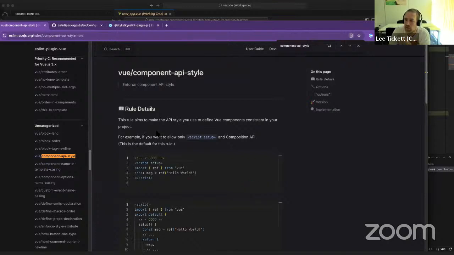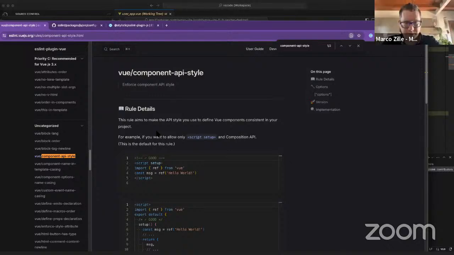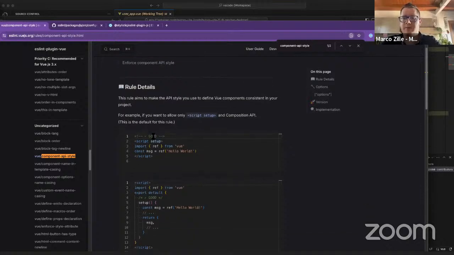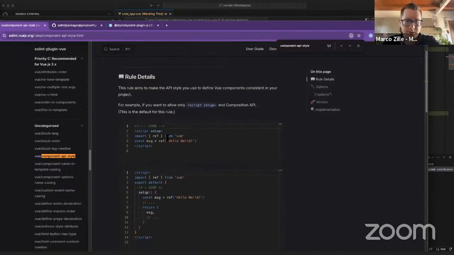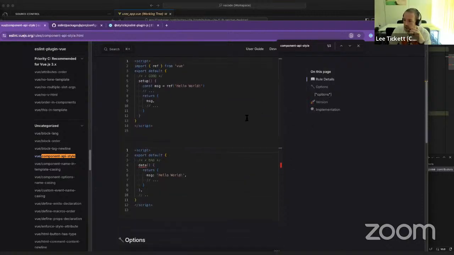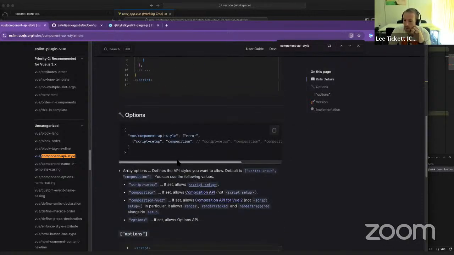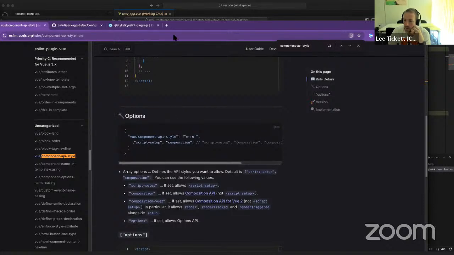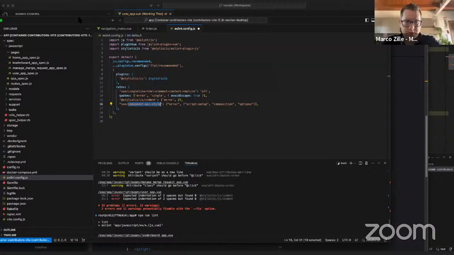So this rule aims to make the API style used to define Vue components consistent. And you can then configure it, telling it what is enabled or not. Okay, so I need to look at the options. It basically says, and error, you want to allow. So basically, if you want error, only to allow,